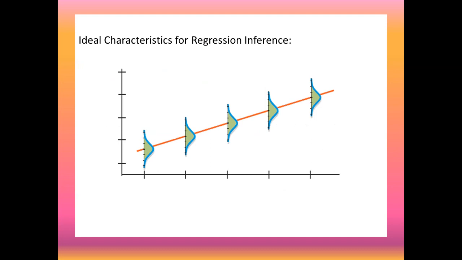Linearity is satisfied because those little sideways bell curves are perfectly lined up. That orange line is going right through the axis at the center of the distribution in all 5 of them. Equal variance is satisfied because those little bell curves are all the same width. If you turn them counterclockwise 90 degrees, they would all have the same width. That's the way that's represented there. And then the third thing that's represented there is the normality of residuals or normality of errors because they're bell-shaped